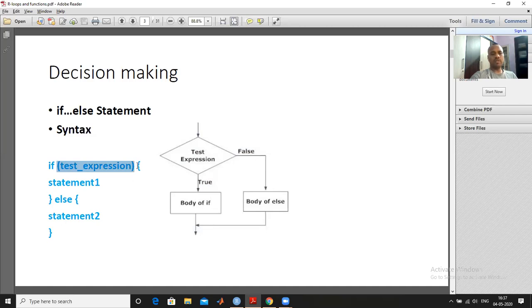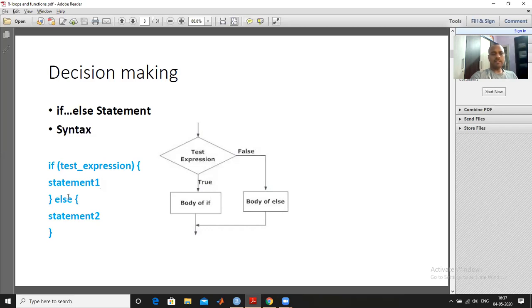After that, curly braces are opened and closed here. This is the environment for the if condition, and you can write any code here, which is written here as statement 1. Any code for a particular task will be executed if this condition is true.